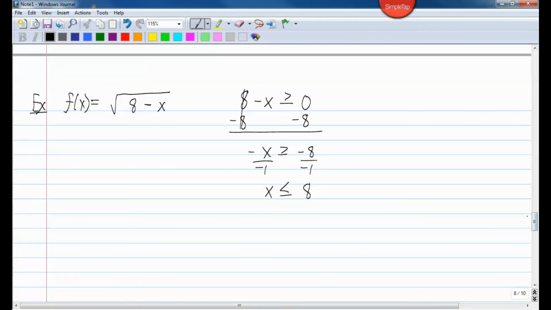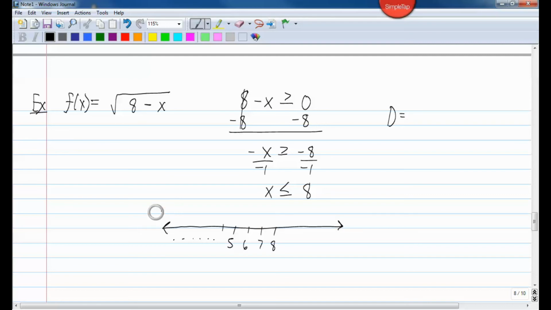Alright. It may help you to think about this like it was on a number line to write it in interval notation. We want x to be less than or equal to 8. So if I was on a number line, think about the numbers less than or equal to 8. Less than are the numbers to the left of 8 on the number line. So if I wrote this in interval notation,